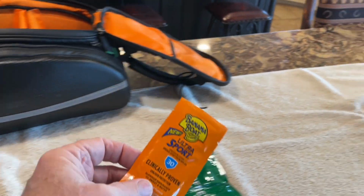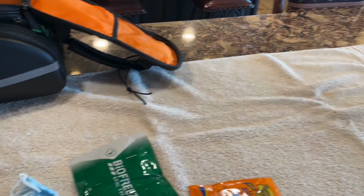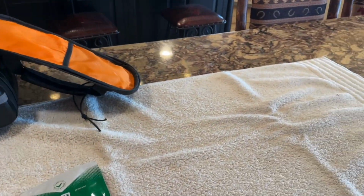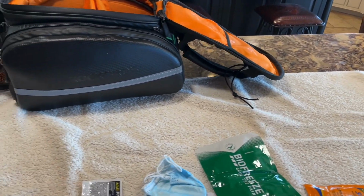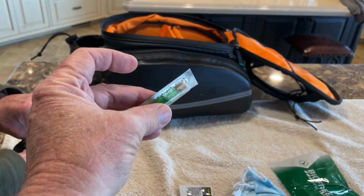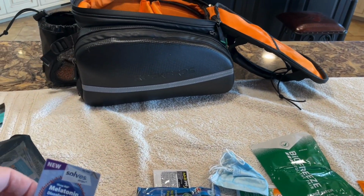A little bit of sunscreen, Alka-Seltzer, not a bad thing to have. You know, the older you get, the more likely this is. We got a second antacid, and triple antibiotic for cuts and scrapes. This is interesting. This is a sting reliever. This stuff works. You get stung by a bee or something, and